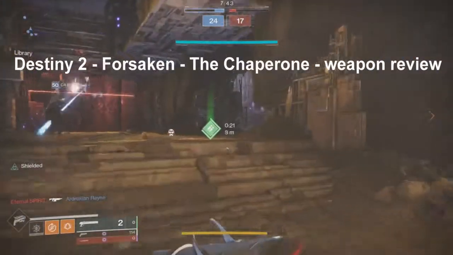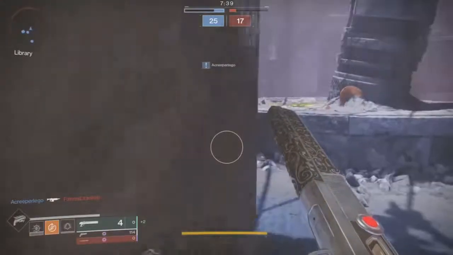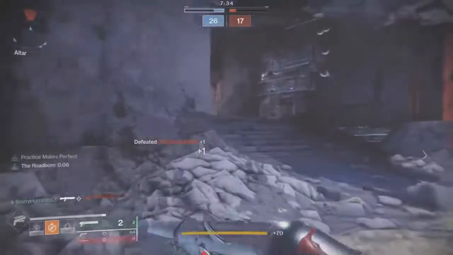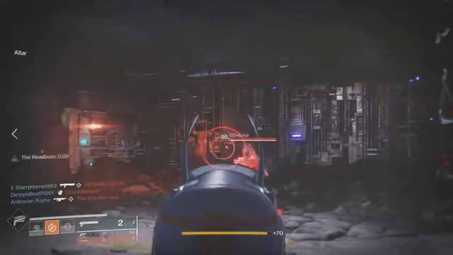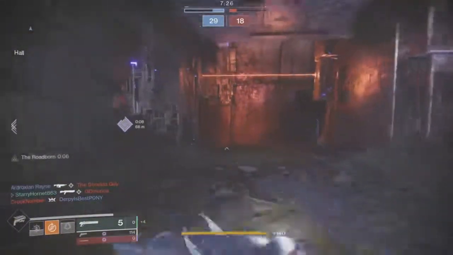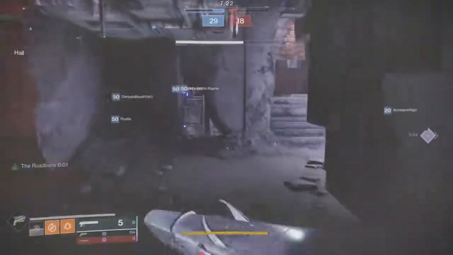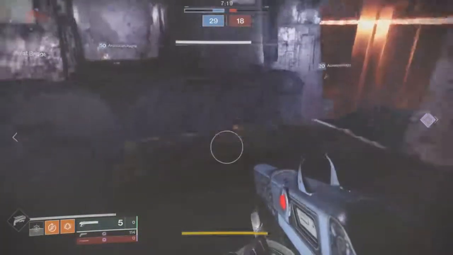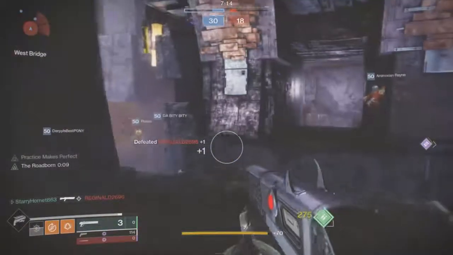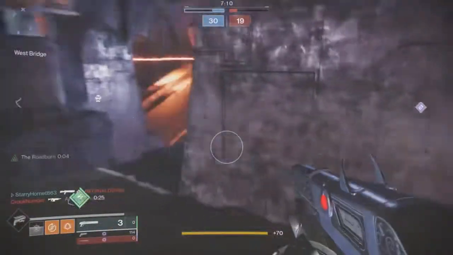Destiny 2 Forsaken, the Chaperone weapon review. Anyway, this shotgun I'd say is unique in its own way to me. Nowadays there is a type of slug shotgun when it comes to legendaries, but this one's a little bit different because I'd say to me it's funner to play, and it's a Destiny 1 weapon which is now Destiny 2. Anyway, the Chaperone is a shotgun which you get from a quest from Amanda Holiday, aka the